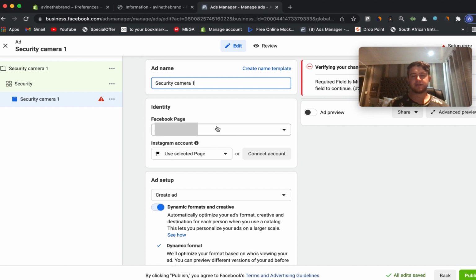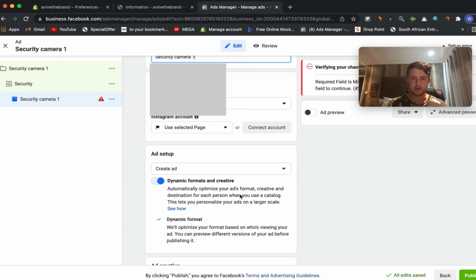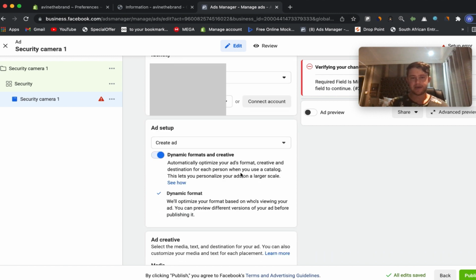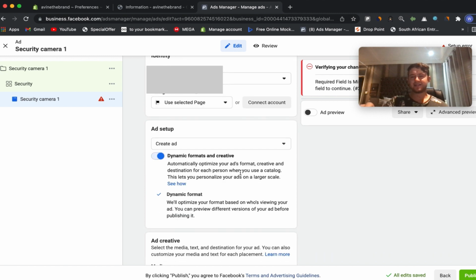It's better, especially if you don't have followers, because then it doesn't show like, okay, you have 12 followers, because no one wants to buy from a page with 12 followers. So then it's better to just have your Facebook there. You can always create the ad from here, but then it doesn't actually show on your Facebook page. So you can go onto Facebook, create a post, and make sure on that post that you also add the